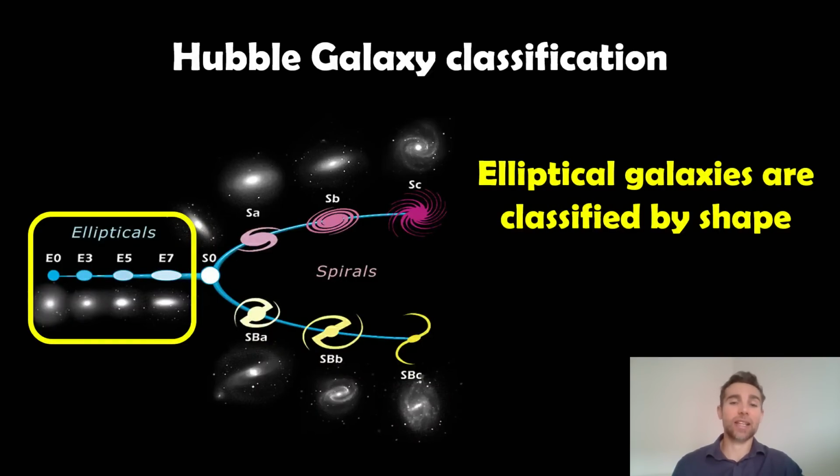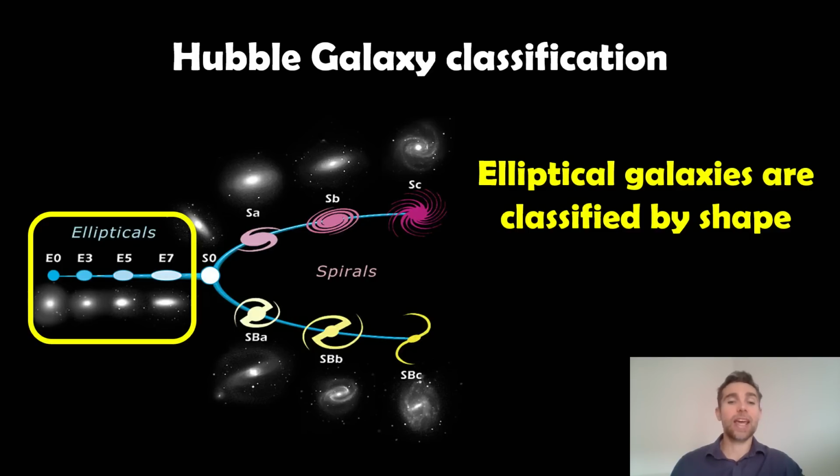These sit on the left-hand side, and these are mostly classified by shape. Just worth noting that sometimes on these diagrams you have an intermediate section on the spirals. Instead of having the two branches, you may have three, and that is an intermediate one where you have the barred spirals along the bottom, intermediates, and then normal spirals at the top. But if you check out the videos on spirals, you'll learn more about them anyway.